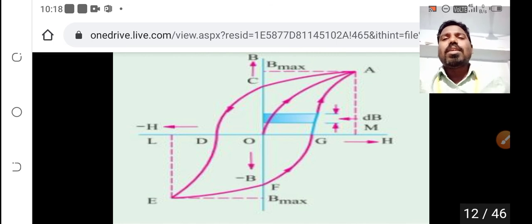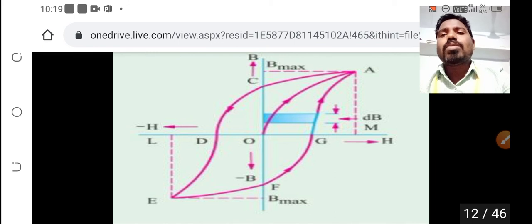You can see here the point. Here O is the origin. The unmagnetized material is placed in the solenoid, then it is magnetized, so a curve will be formed, that is the OA curve. If you further increase the magnetizing level on the x-axis in the positive direction, in the OH direction, it will be saturated, that is positive saturation.